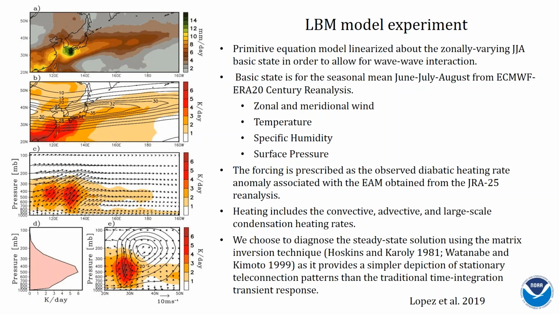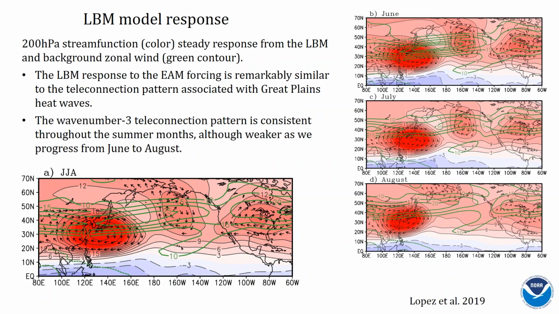And we're going to run this model in a steady state sense. We're going to run it until a steady state solution is achieved, because this is a teleconnection pattern often associated with the stationary waves, and the transient component is too complicated to analyze. But we're going to allow wave-wave interaction. So the background state is allowed to vary in the zonal sense. And this is the solution using the background state as June, July, August, and also using background state for independent months, because it matters. What we see here again is wave number 3 pattern, just like I showed you before,